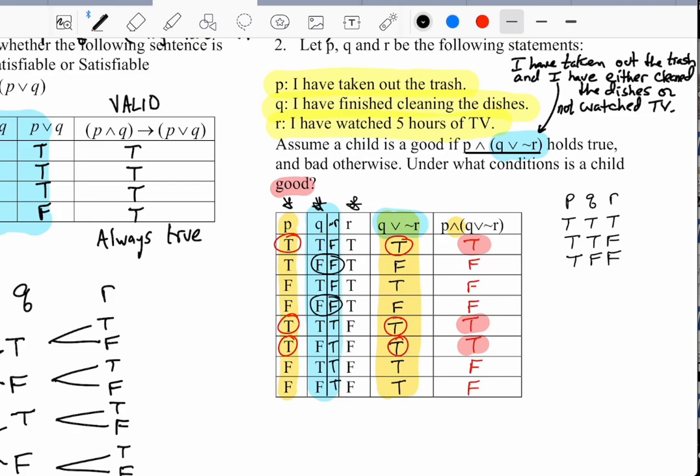All right? Because if I didn't do the dishes, then I shouldn't be able to watch TV. So these are the different instances that lead to a true outcome. These are the instances that satisfy this hypothesis. So we call this satisfiable